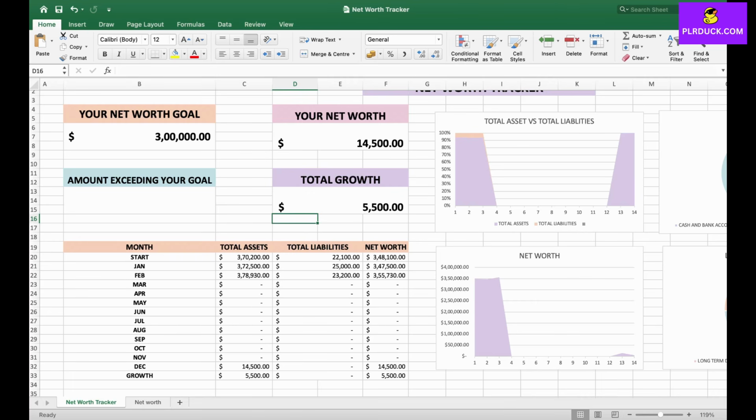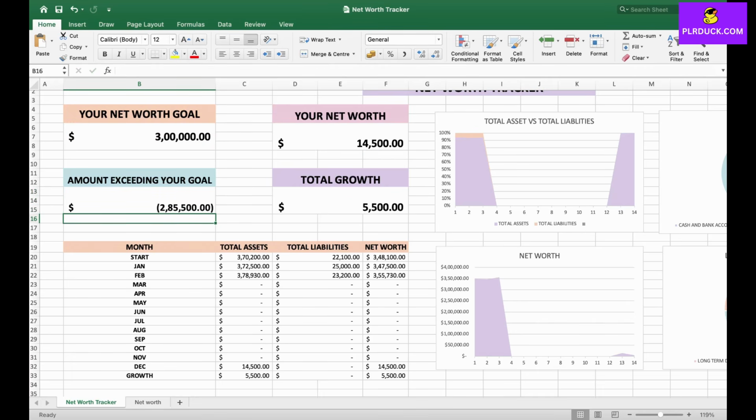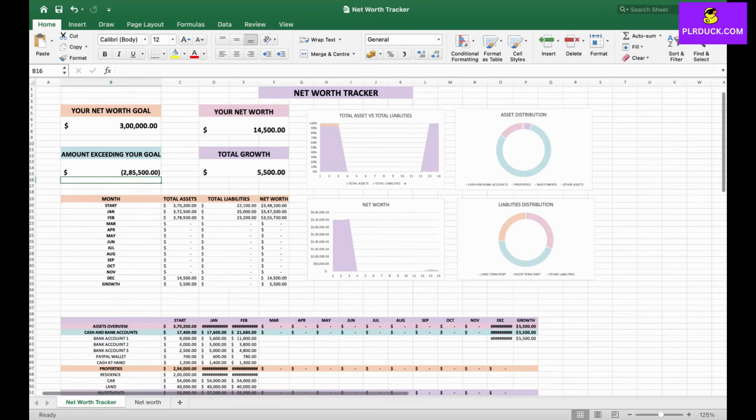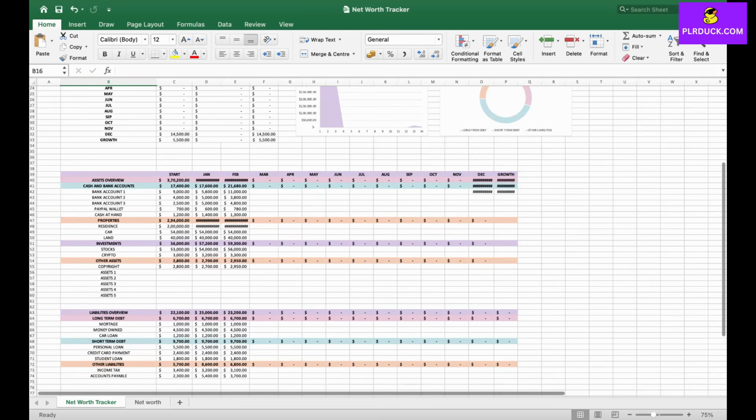Now we have our amount exceeding your goal. So to calculate this, it's going to be my net worth minus the goal, however much I have set up as the goal. When I enter, I'm getting it inside the brackets. So it specifies that it's a negative value. So since my net worth is less, that's why I'm getting it low. So if you fill in our table completely, then we'll get it in the positive. So here is how we can create a net worth tracker completely with the tables, asset overview and liabilities table,